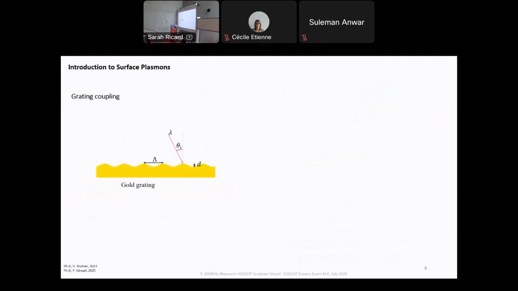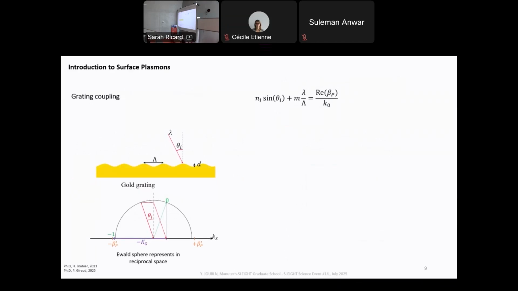Okay, so we will now focus on gratings, metallic surface, corrugated periodic gratings. In this case, we will have to consider the period of the grating, the incident beam, and the depth of the grating. And most of the time for plasmonics effect, we consider a perfect sinus profile of the grating. Here we can excite the plasmon with this constant propagation with a -1 diffracted order to couple the surface plasmon